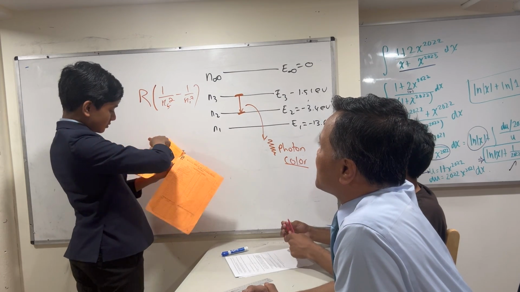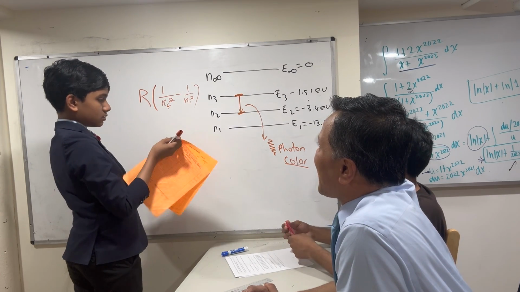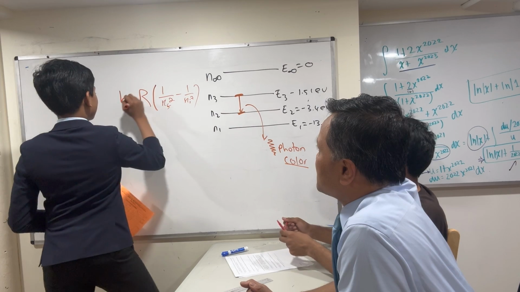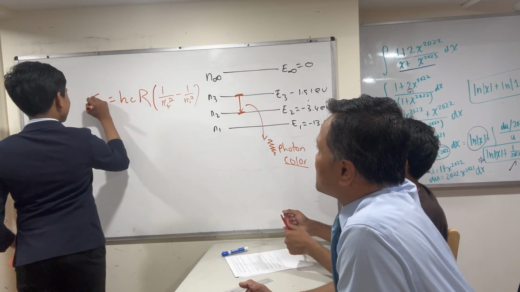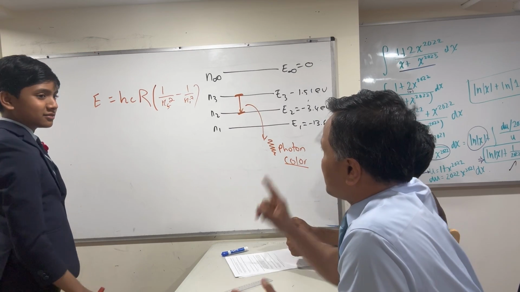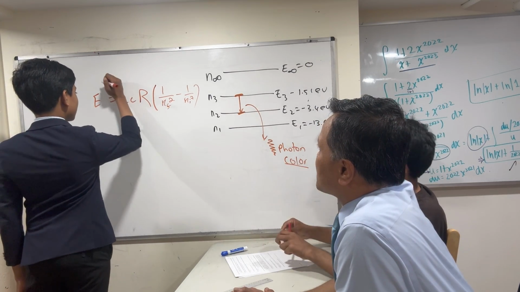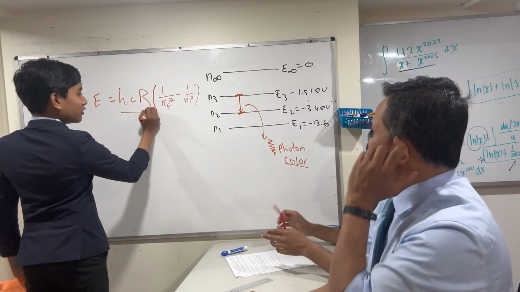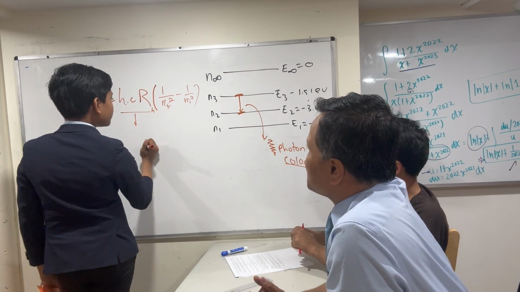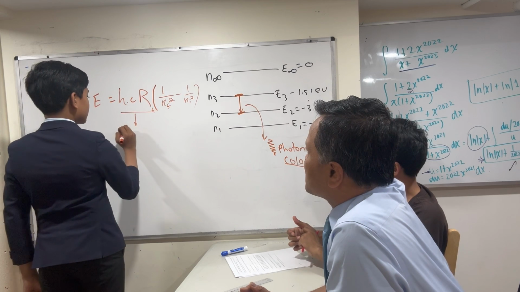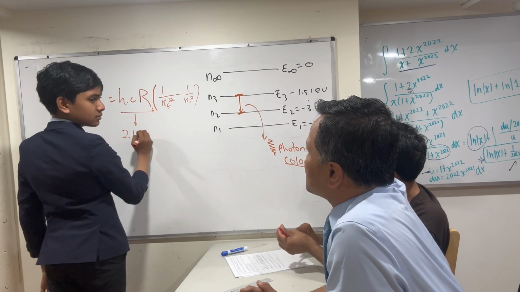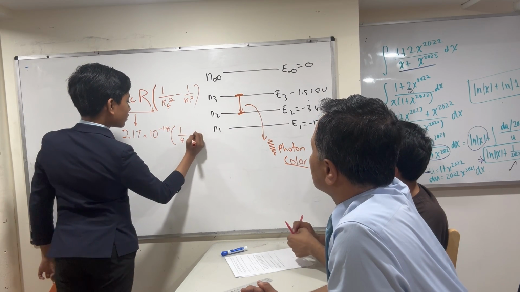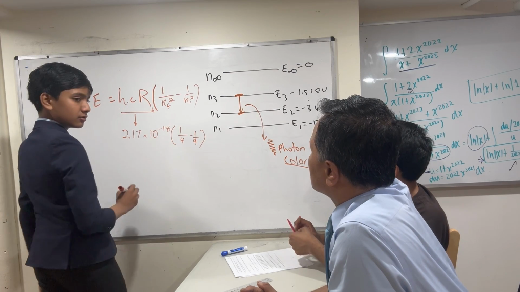Check the reference table. If you want to do this one, then you have to do hcR. H for Planck's constant, c, and R subscript H. E is equal to hcR_H. You know what hcR is already: 2.17 times 10 raised to negative 18. And then you get 1/4 minus 1/9 from this, which becomes